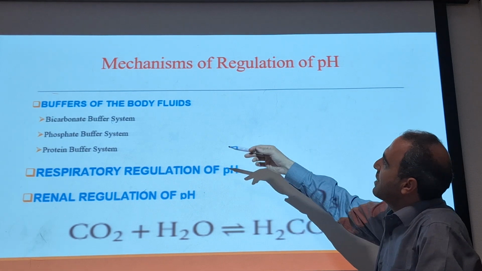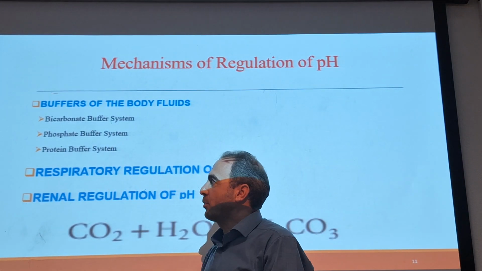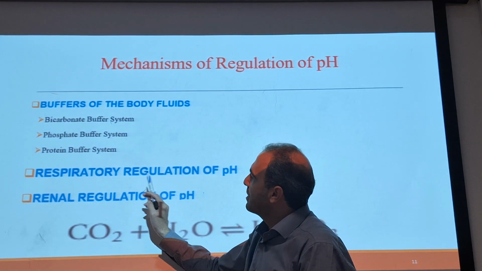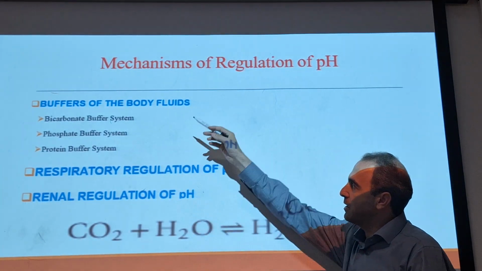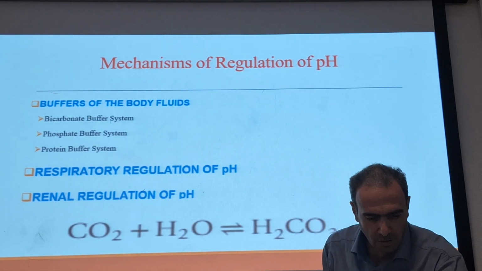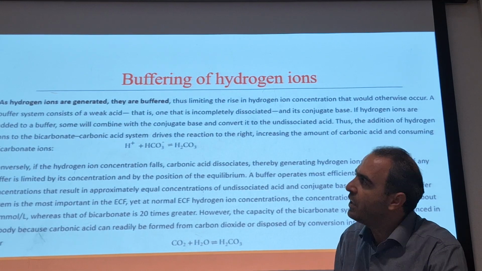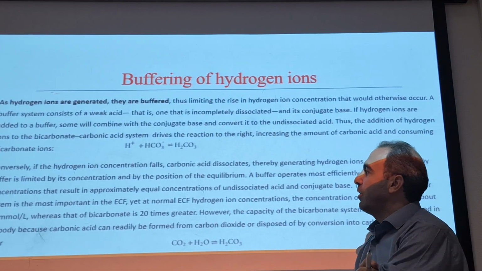The first layer of defense is the buffers: bicarbonate, phosphate, and protein. And we also have respiratory and renal regulation. I just wanted to give a brief review; you know about them, and the renal part I will discuss in detail. So here, regarding buffering of hydrogen ion,